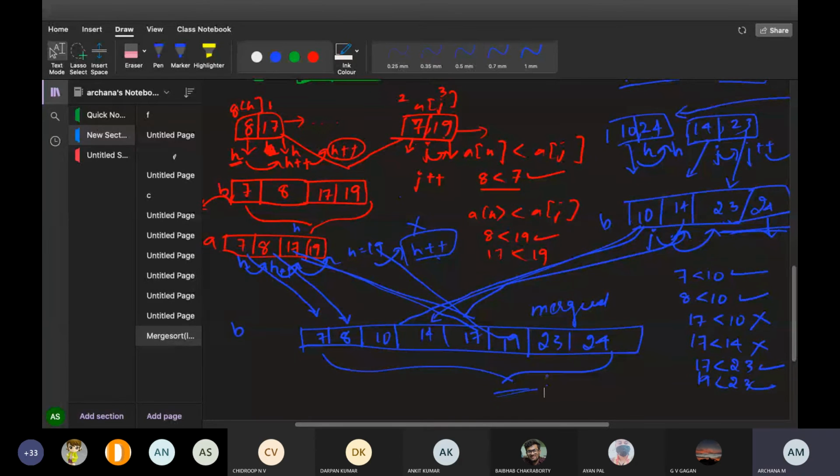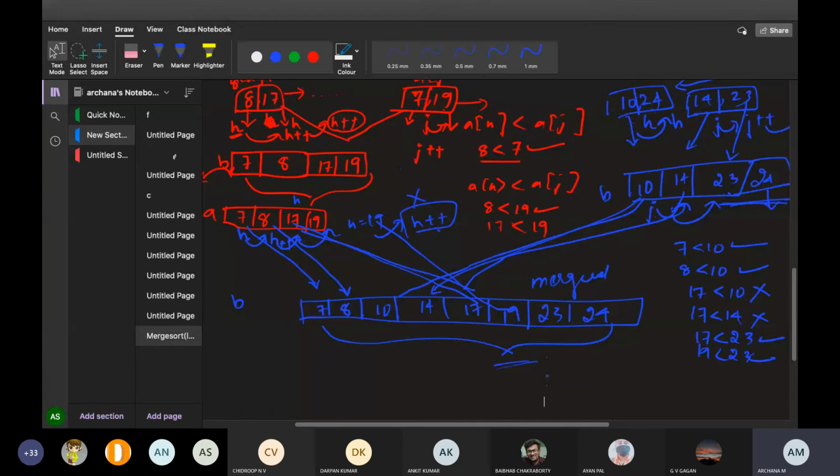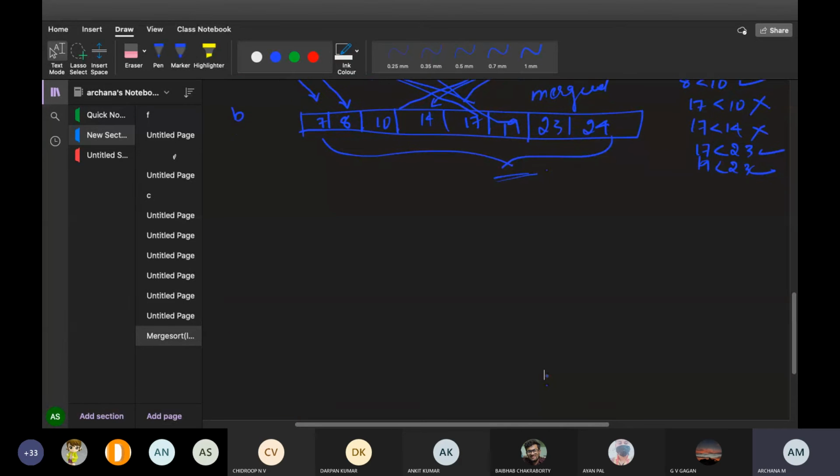This is the merge sort technique. This is how we trace the algorithm. In the exam, you don't need to put all these steps. Just write the algorithm and just write simply. You take an array, whatever you have. Simply you just take it, you have to keep on writing like this. That's all. No need to explain. This is for your understanding purpose. I gave you how the algorithm works.